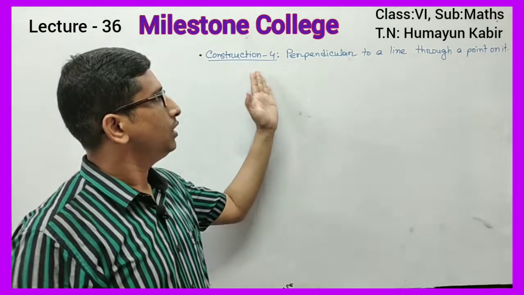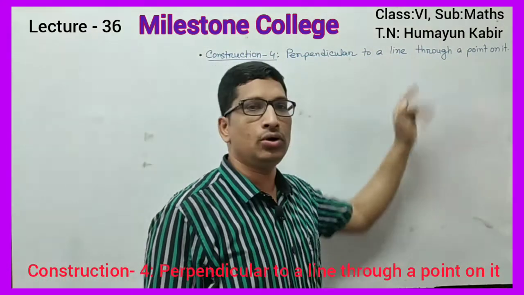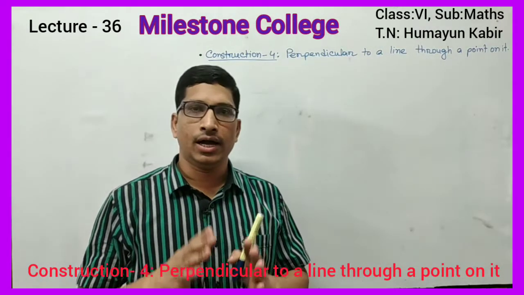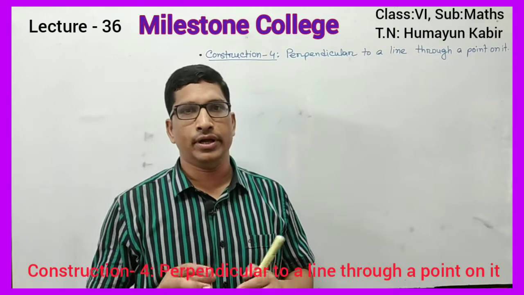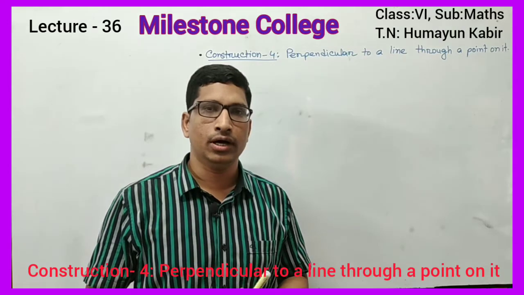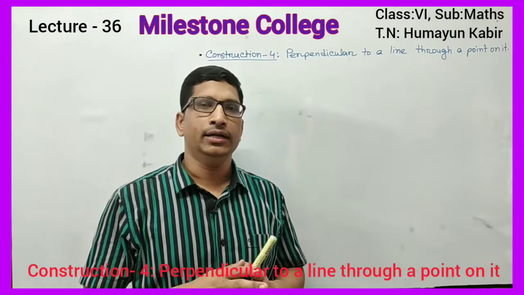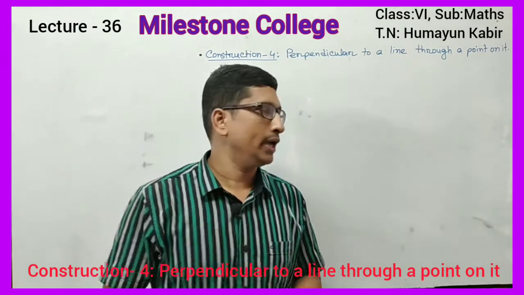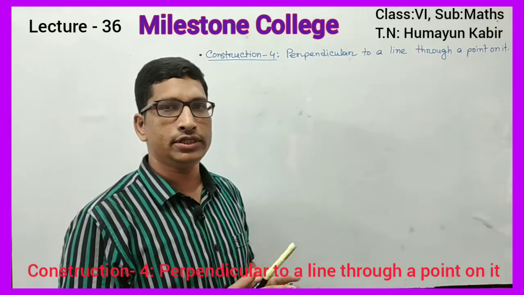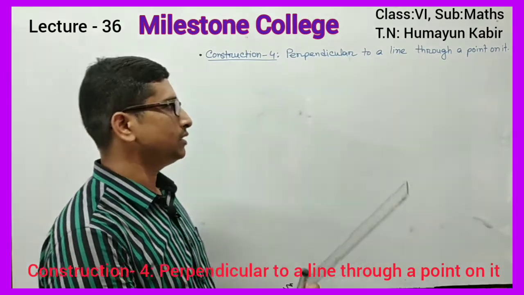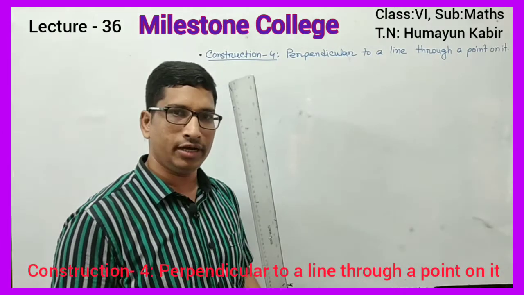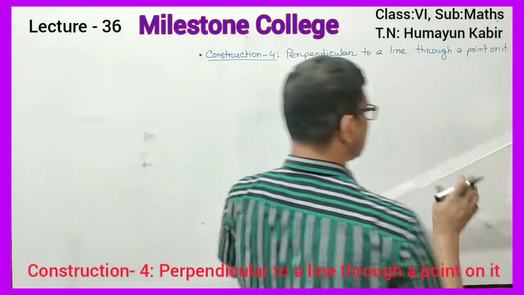Construction 4. Perpendicular to a line through a point on it. That means, suppose given a line and a point on that line, now we are to draw a perpendicular to the line through the point. Okay, so here I will show you how you will draw this perpendicular. Now students, so what will you do? At first we will draw a line with the help of a ruler. Okay, so here